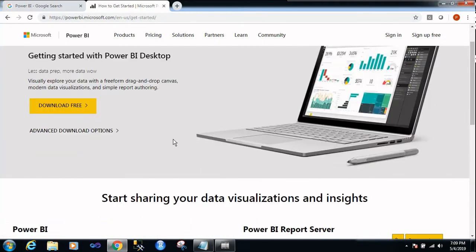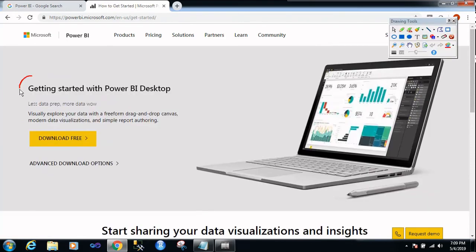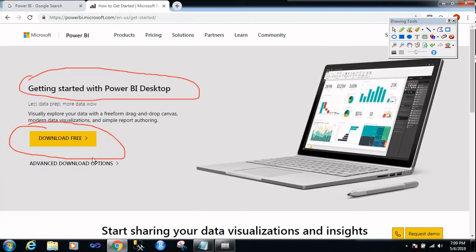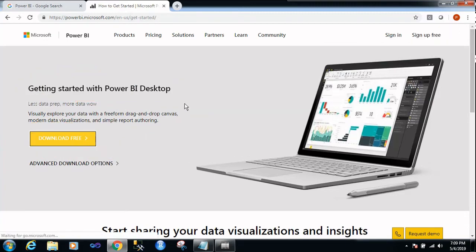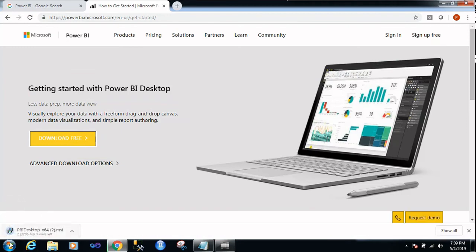I will click on start free and you can see getting started with Power BI Desktop. You can download it for free, that is not an issue. When you click on this, it will start downloading the tool. See, it started the installation file. After it downloads, double click on it, run it, and accept the terms and conditions.